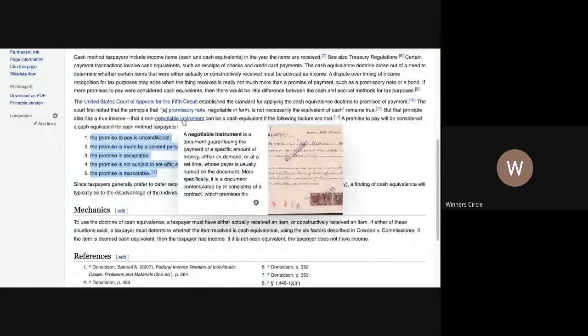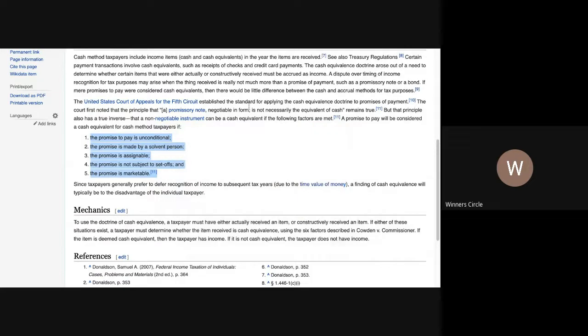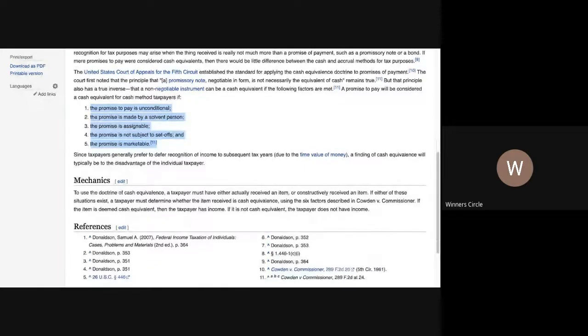So a non-negotiable instrument, mortgages are non-negotiable instruments. Okay, a negotiable instrument is a document guaranteeing the payment of a specific amount of money either on demand or at a set time whose payer is usually named in the document. More specifically, it is the document contemplated by or consisting of a contract. Now, notes, mortgages, and drafts are not negotiable because they do have those elements, but they are really securities. Okay,